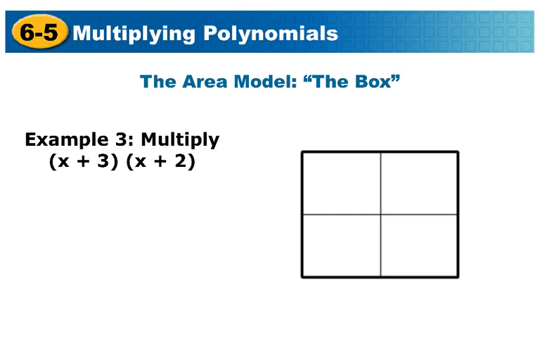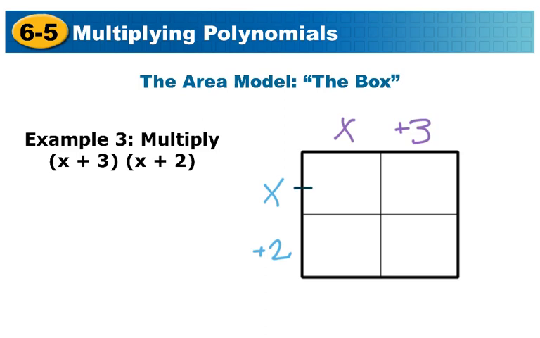Alright, then we have what we call the area model, or the box. And so we may have kind of jumped into this a little bit earlier, but the idea is that you have a binomial, so we're going to have 2 boxes, and another binomial, so another 2 boxes, and they're going to multiply kind of like a Punnett square, if you've seen that. But the idea is that x plus 3 is going to go along the top, and then the x plus 2 can go along the side. It doesn't matter which one is which, so you could switch those around if you felt like it, but the idea is one is on top, one is on the left side,